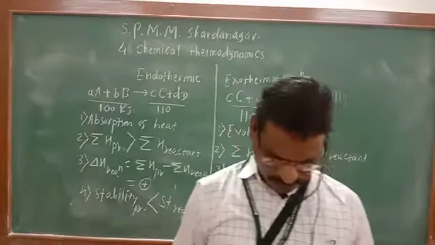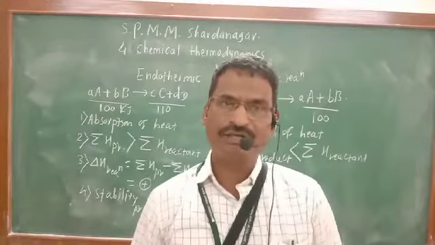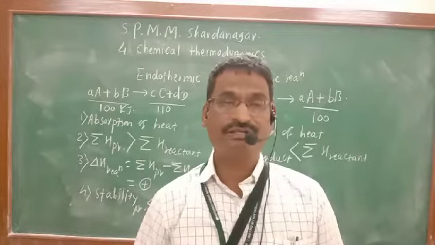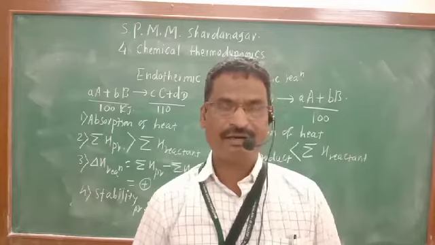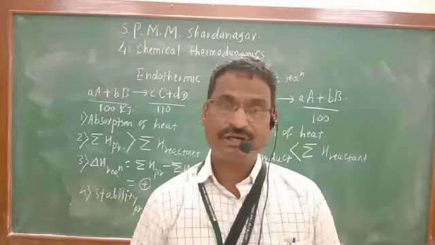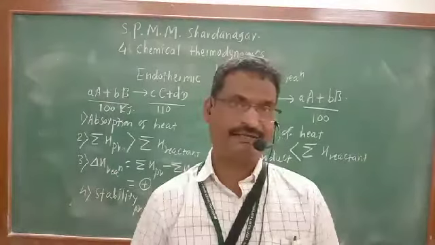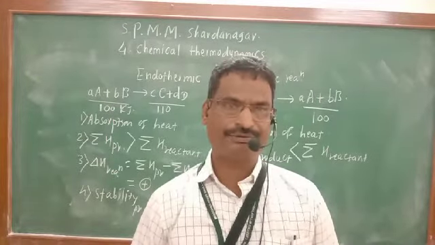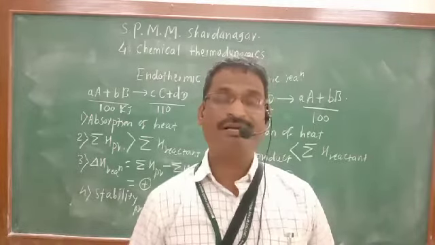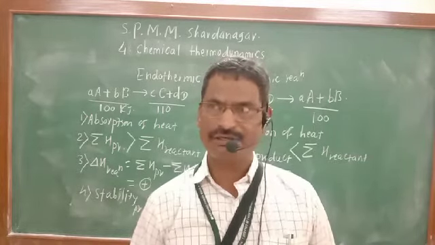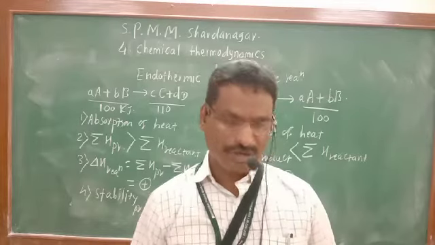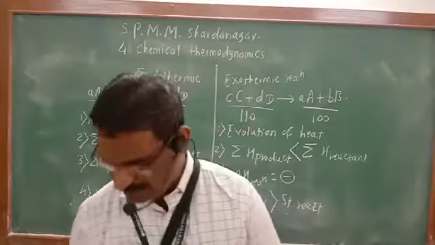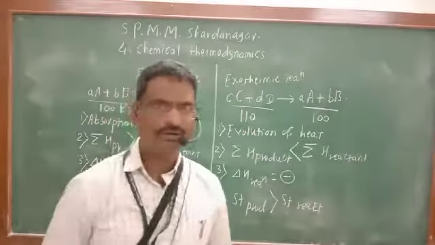So here, which points have we completed? We have seen thermochemistry. That is a branch of chemistry which deals with the study of heat changes accompanying chemical reactions. Then we have studied the thermodynamic standard state. Then we have studied thermochemical equations, how to convert a simple chemical equation to the thermochemical equation. And finally, we have seen the distinguishing points between endothermic and exothermic chemical reactions. So let us stop over here.